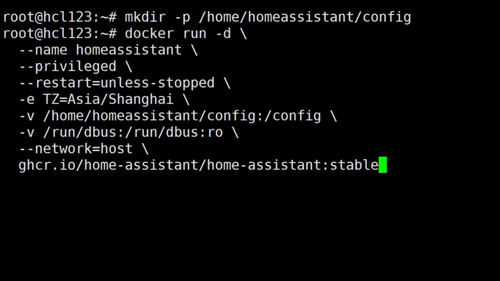Here you're defining the container's time zone. You must change this to your local time zone ID, for example, America/Los_Angeles, to ensure all your automations run on time. The next